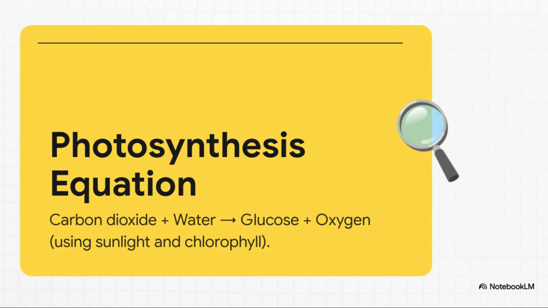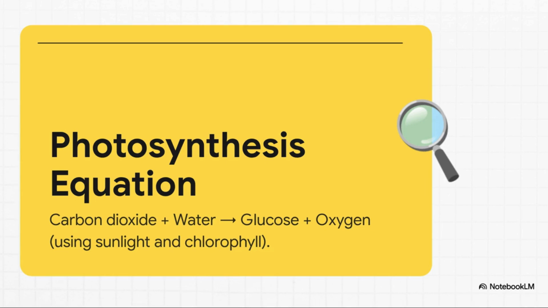The entire story of photosynthesis is basically hiding in this one little equation. So over on the left, you've got your ingredients, your reactants, carbon dioxide and water. And then on the right, you have what you get at the end, your products. That's glucose, which is basically plant food, and of course, oxygen. Everything else we talk about today is just explaining how the plant gets from the left side of this equation